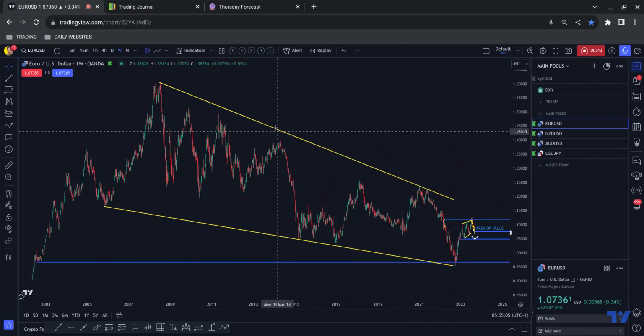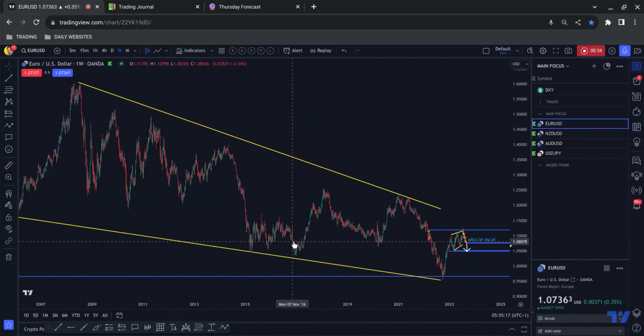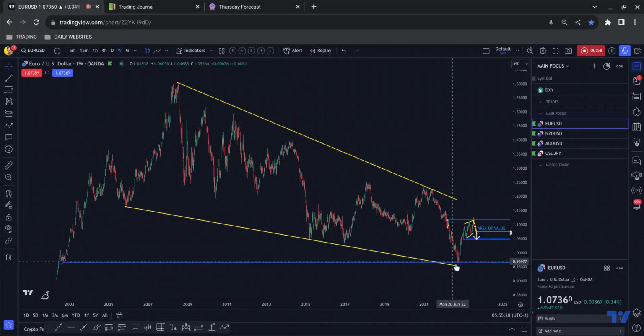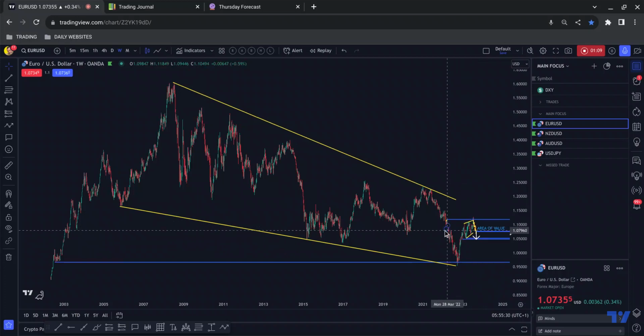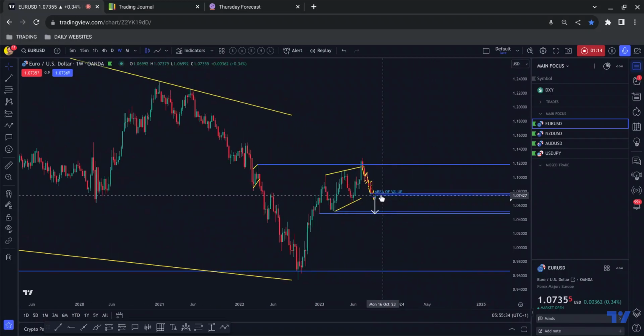Euro dollar, why am I looking at this pair? The higher time frame narrative as I see it is that we have this 1, 2, 3 touch structure which taps into the last line in the sand, the last exchange of liquidity that I can see on my chart, giving me a clue that longer term we could be heading to the upside, especially since we have this impulse correction continuation. We tap into that area by way of a 1, 2, 3 and we push up and we get the continuation. However, that doesn't mean that we can't capitalize on a potentially shorter term move to the downside in the meantime,